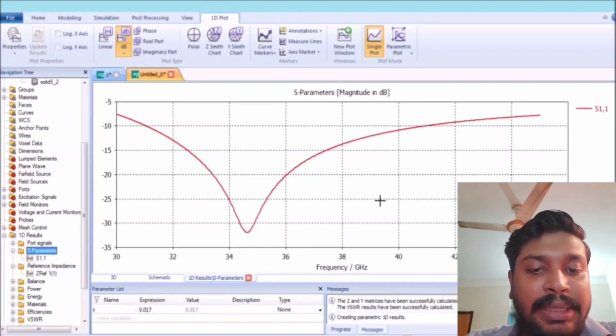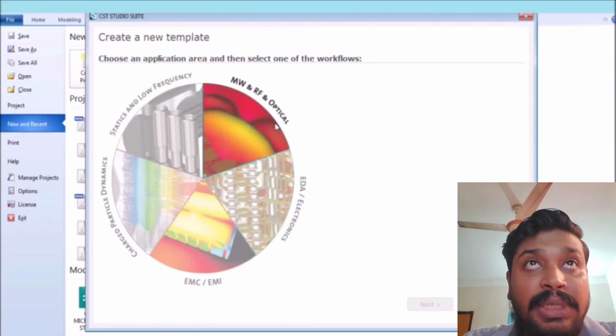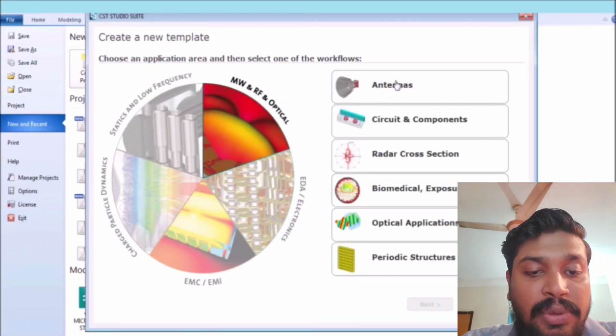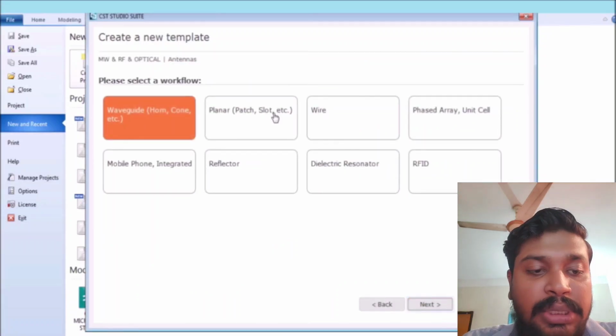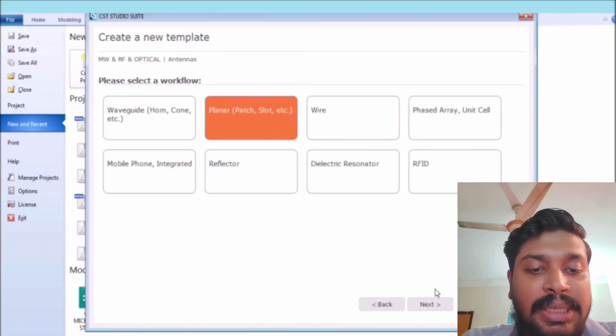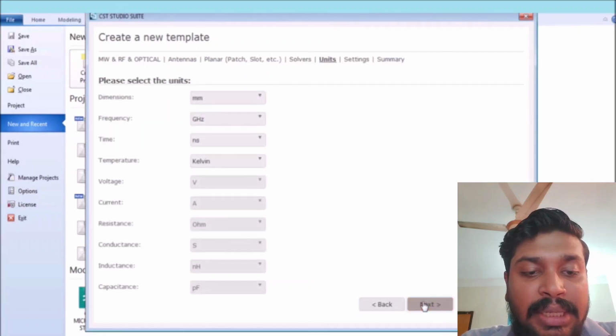Now we create a template, the planar section. The antenna has a planar structure, and we chose the time domain because we want to study the antenna over a range of frequency. Then the gigahertz, that's okay. This structure is from 30 gigahertz up to 45